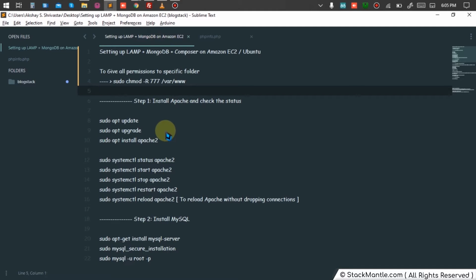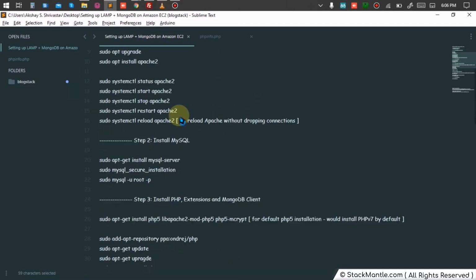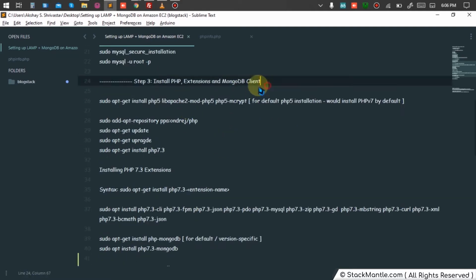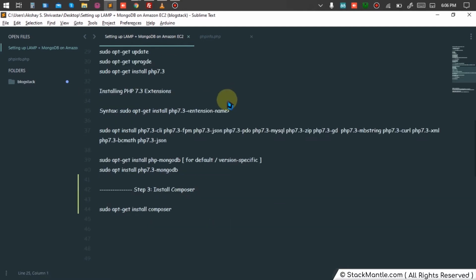First we'll proceed with step 1 of installing Apache, then we'll install MySQL, then we'll install PHP with extensions and the MongoDB client if you want, and at last we'll install Composer if you are using any applications, or you want to install any third-party libraries or vendor files, like to run MongoDB.